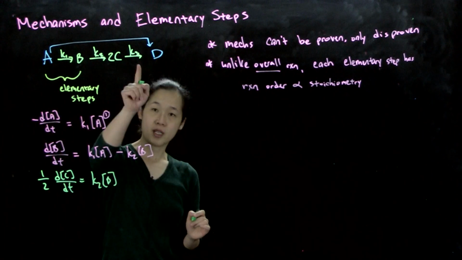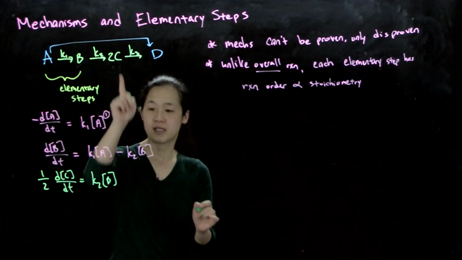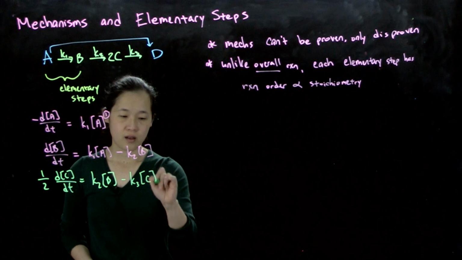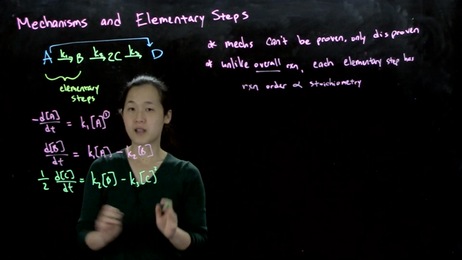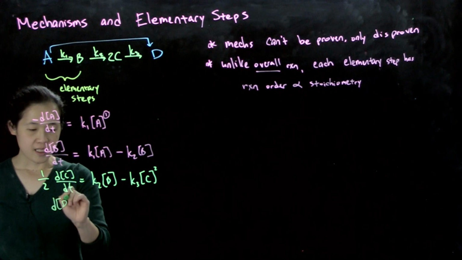Again, first order in B. And then here, 2C goes to D. It's going to be second order in C. So then, therefore, it'll have to be minus K3 C squared. So that's the elementary step. And then lastly, for the formation of D, dD/dt